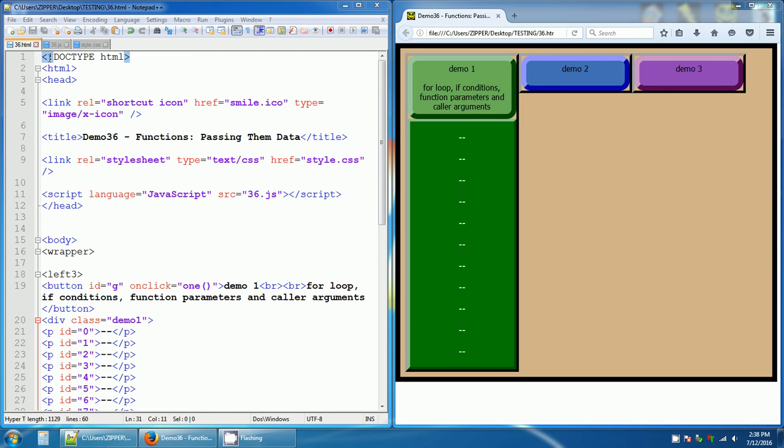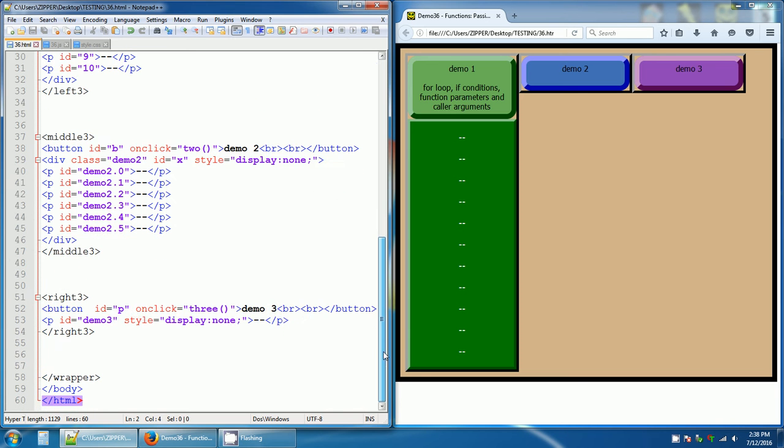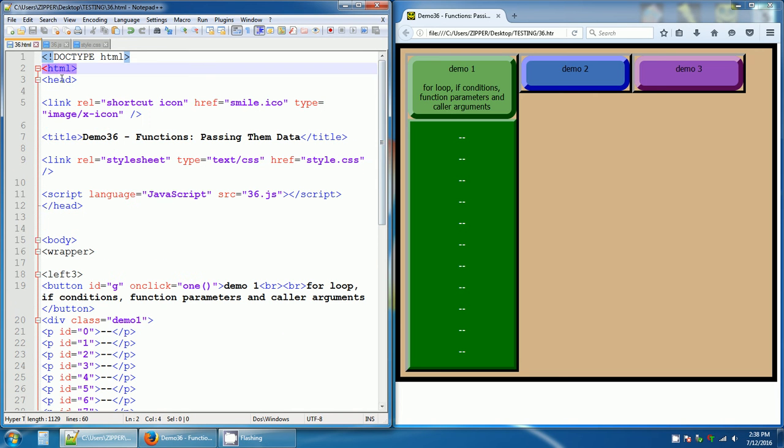So the 36.html web page has this doctype declaration. There's the opening HTML tag, and at the bottom there's the closing HTML tag. Here's the head. Inside the head we've got a shortcut icon that shows the smiley face in the browser tab. We've got a title tag that shows the title in the browser tab. We have a link to an external style sheet right here. And then we have a link to an external JavaScript file,